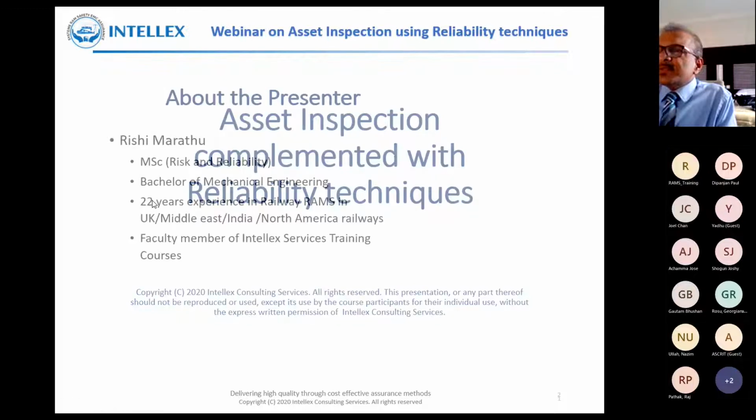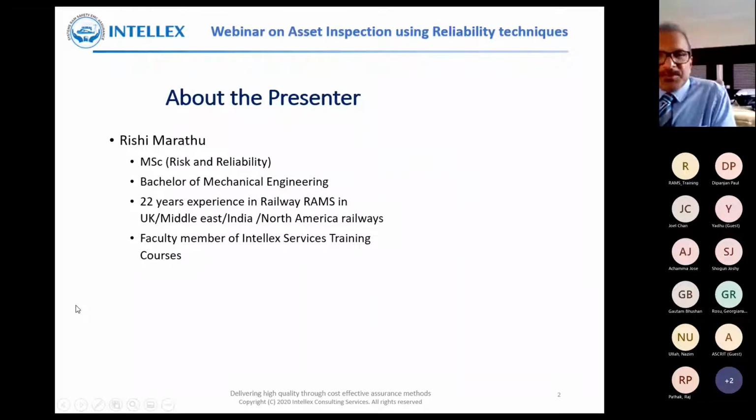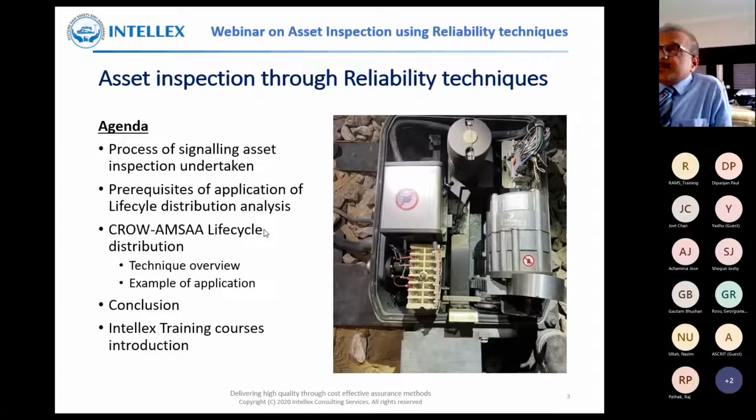Yes, sir. OK, thanks. So those who don't know me, I'm Rishi Marathu. I'm qualified in MSc Risk and Reliability from Loughborough University, UK. Then I'm also a Bachelor of Mechanical Engineering. 22 years I've been in this profession in railway rams in UK, Middle East, India and North American Railways. I'm a faculty member in Intellect Services training courses as well. So today I'm going to talk about the